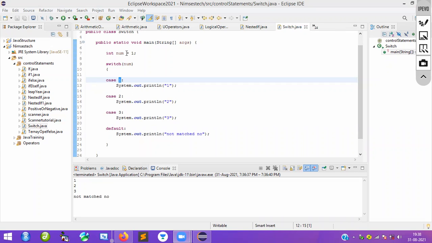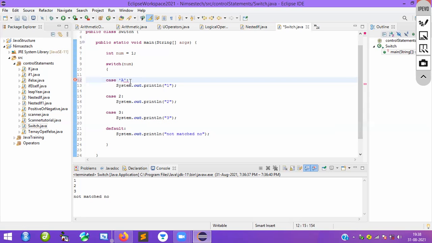Think like that. We will provide a value, for example A. Put the quotes here.